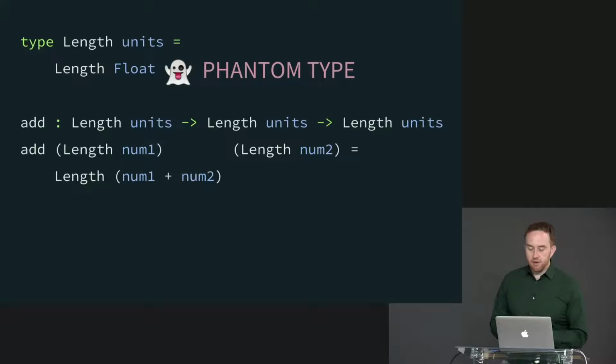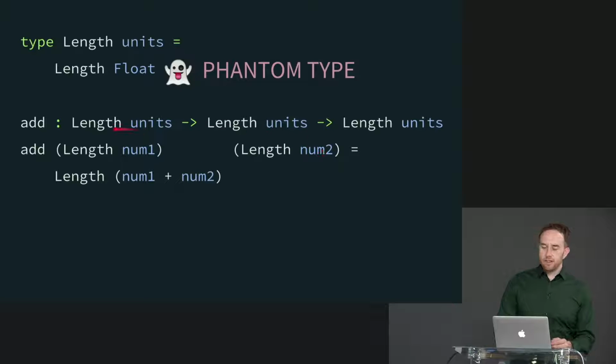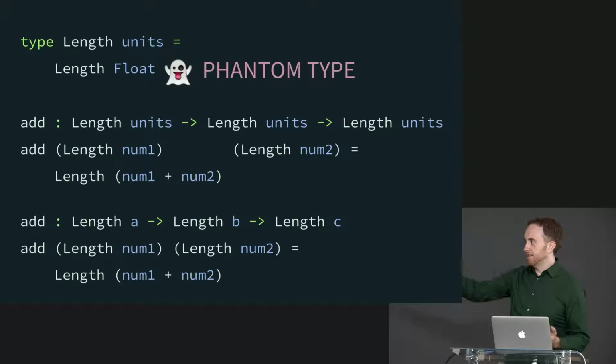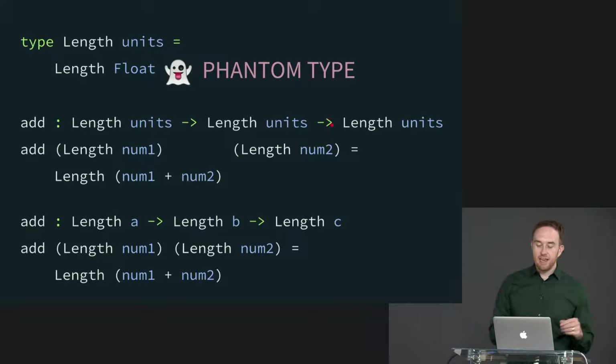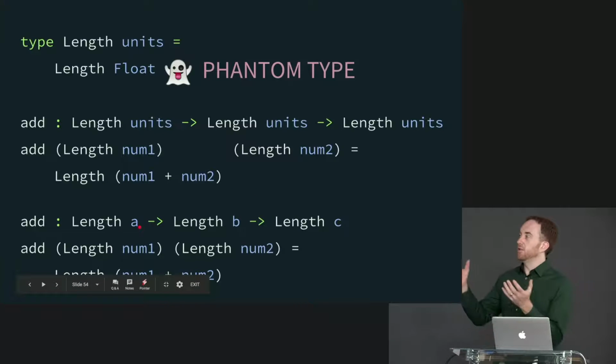So this sort of begs the question, okay, well in this version we can see that it needs to be at least returning some sort of units here, either units1 or units2. But this one doesn't need to be doing that. So when it says that it takes length units and returns length units, why is that true? I mean, is that just some sort of made up nonsense? Like really couldn't we just as easily write this one where it claims to take A, B, and return C? Yeah, we could. So in actuality, there is no constraint on length, innate to the way that we've designed